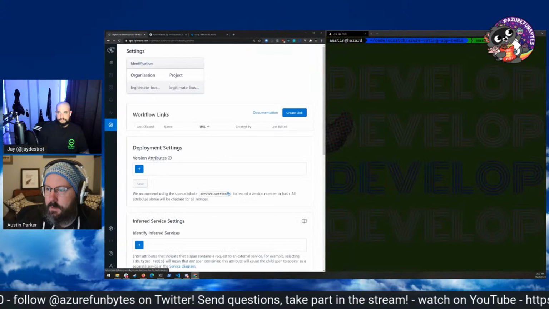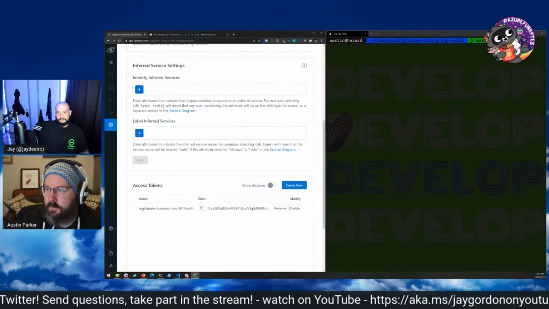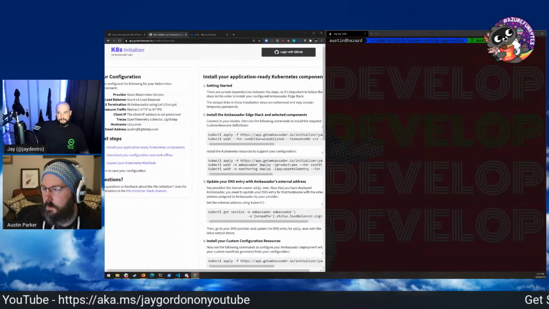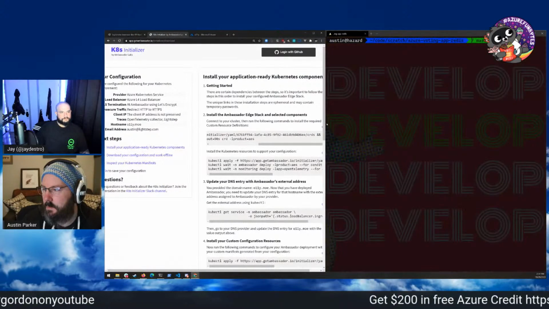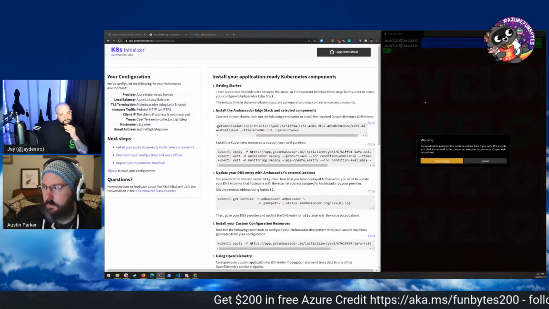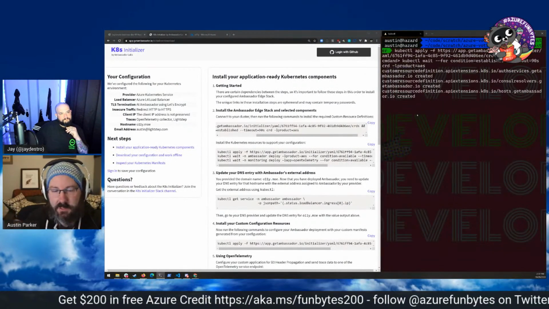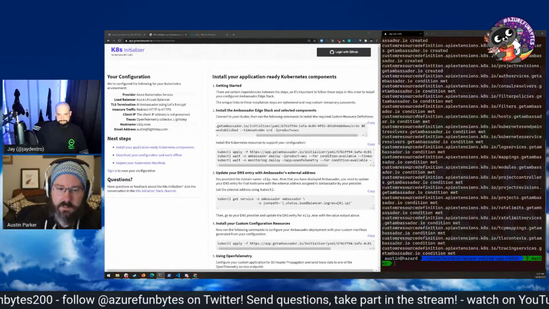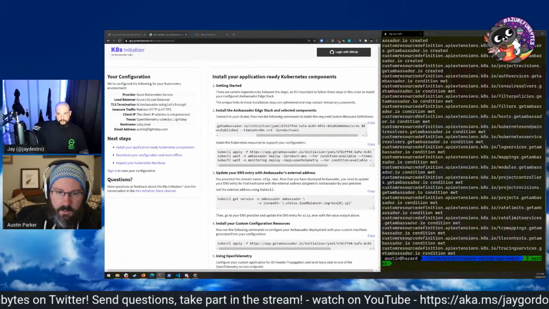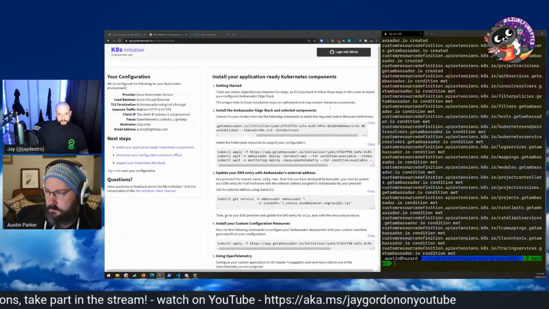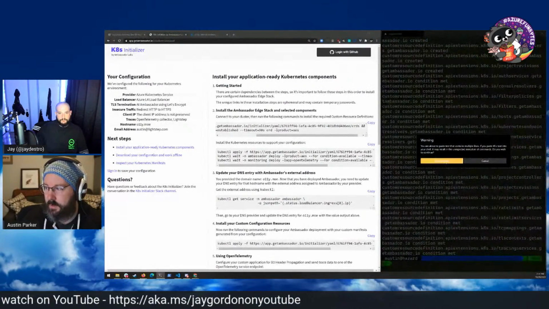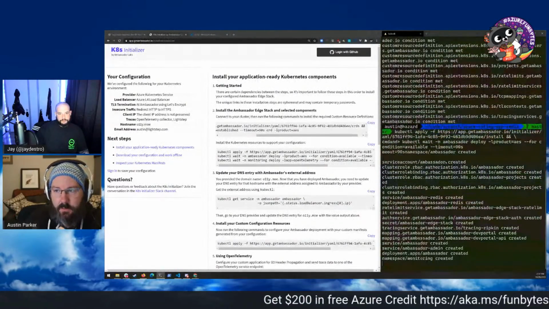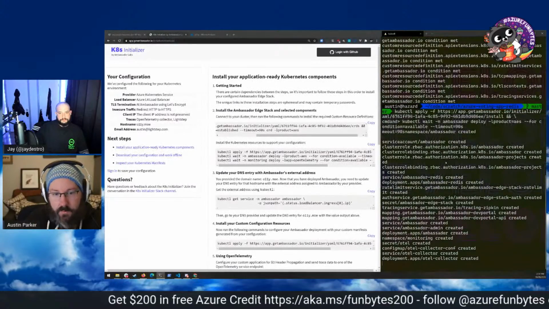I need to go here. I need to get this access token. Plug it in there. All right. So what I'm doing now is installing all of these components. I'm installing Ambassador, which is an edge resource that lets me run Envoy and do tracing and a couple other things. It also is installing the OpenTelemetry collector, which lets me collect telemetry data like metrics and traces from Kubernetes components and also applications running on Kubernetes.